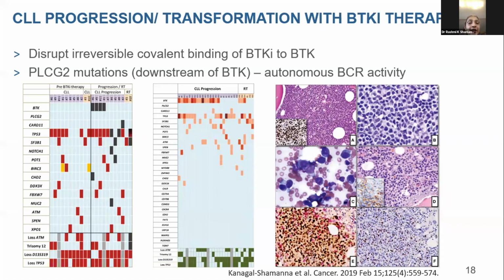So this is one of the studies that was performed at MD Anderson, where we confirmed the presence of BTK and PLC gamma 2 mutations by profiling the baseline and progression sample set. But the highlight of this paper is that in more than 50% of the cases, other mutations were implicated, so SF3B1, TP53, etc. So it's not just important to sequence for BTK or PLC gamma 2 using single gene assays, but it's important to do the whole NGS panel, to make sure that we are not missing the clonal evolution. Next slide.